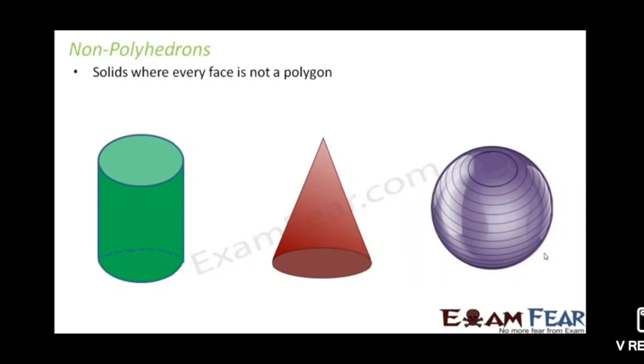Then the cone also. Why? Because they are not made up of line segments. Yes, there are no line segments in them. Can we find a line segment in a sphere? No, it is a circular shape. In a cone also it is circular. In a cylinder it is also